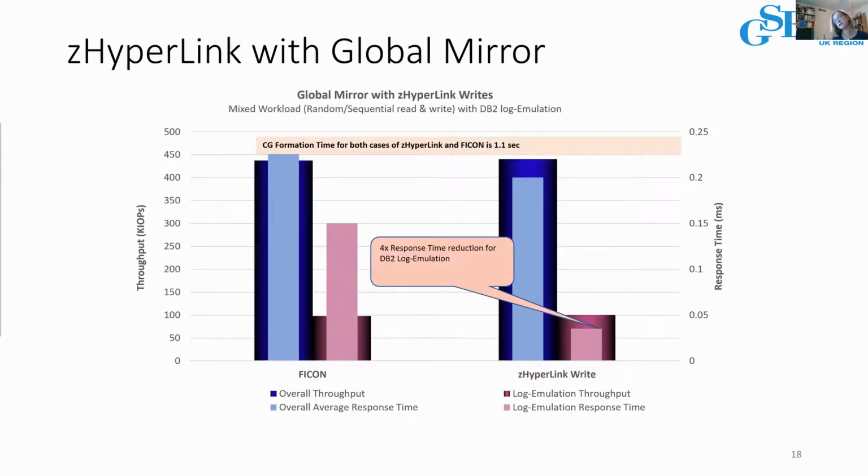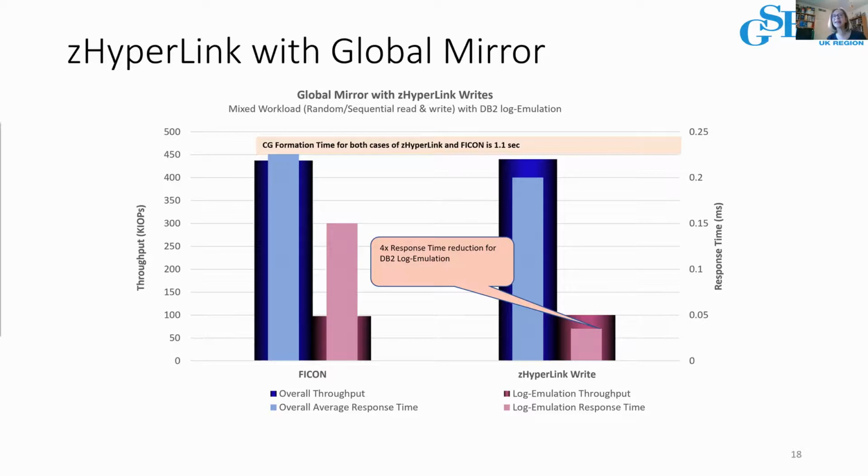This chart shows the other side of the coin. It shows what's happening when we are holding the consistency group formation rate steady. We're holding the throughput steady for FICON versus hyperlink writes. So we can see that you're getting a better overall average response time by putting the hyperwrite